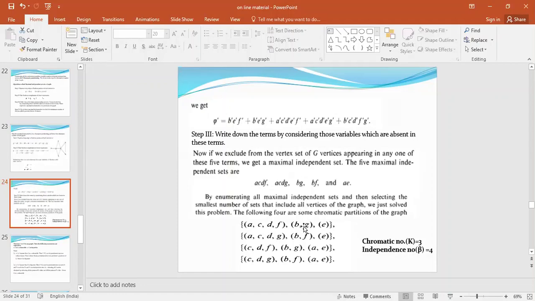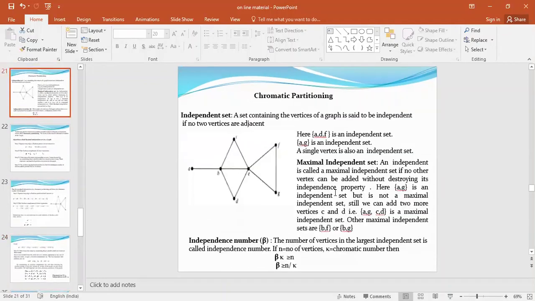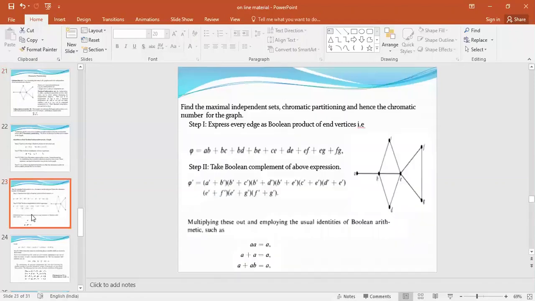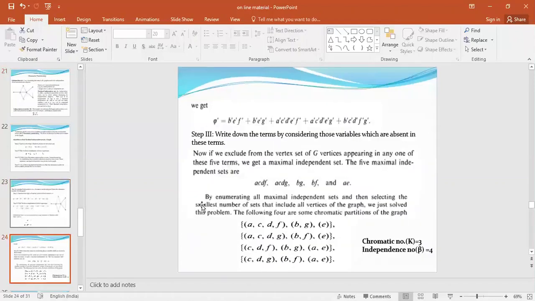Now what is left with you, now it is E only. We wrote in the first slide that even a single element, a single vertex, is also an independent set. So that can also be given the status of an independent set. So you have one partitioning. So it's not the unique partitioning, the chromatic partitioning is not unique. So one of the chromatic partitioning is ACDF. You took the hint from the maximal independent sets: ACDF, then BG and then E.